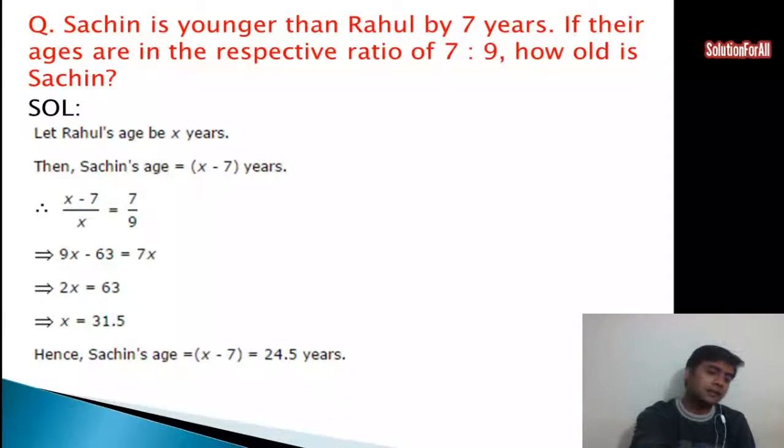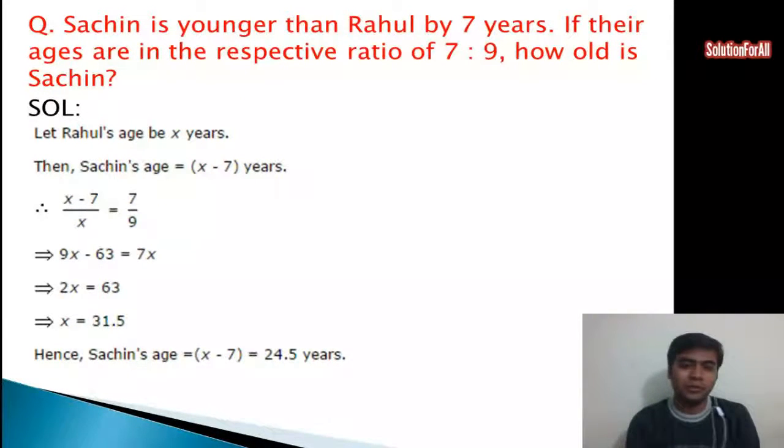We can see here that it's in decimal form. Sometimes people hesitate, how could years be in decimal form? Why can it not be in decimal form? Suppose my age is 1.2 years. Of course it is not. I don't look like 1.2 years, or if I were a 1.2 year boy, I wouldn't be able to speak so much before the camera. So suppose my age is 1.2 years, that means my age is 1 year and 2 months. So 31.5 years means 31 years and 5 months.